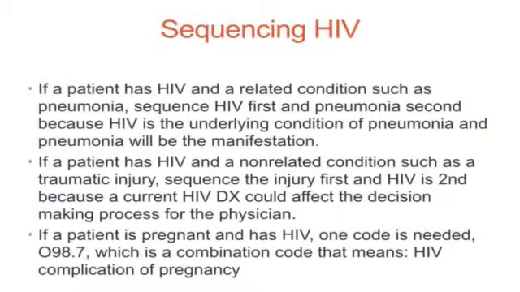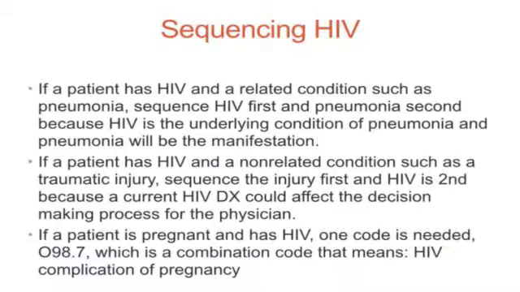Sequencing HIV. If a patient has HIV and a related condition such as pneumonia, sequence HIV first and pneumonia second, because HIV is the underlying condition of pneumonia, and pneumonia will be the manifestation. If a patient has HIV and a non-related condition such as a traumatic injury, sequence the injury first and HIV second because a current HIV diagnosis could affect the decision-making process for the physician. If a patient is pregnant and has HIV, one code is needed, O98.7, which is a combination code that means